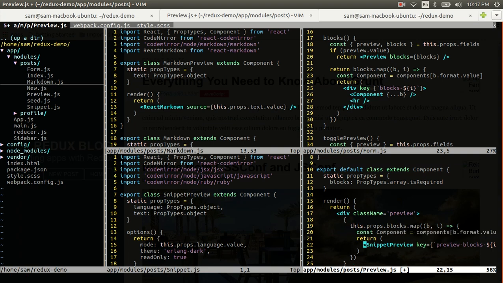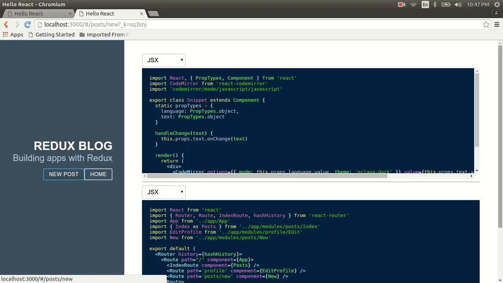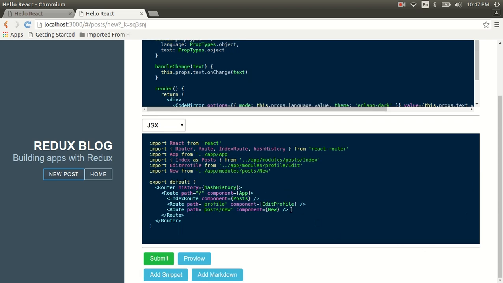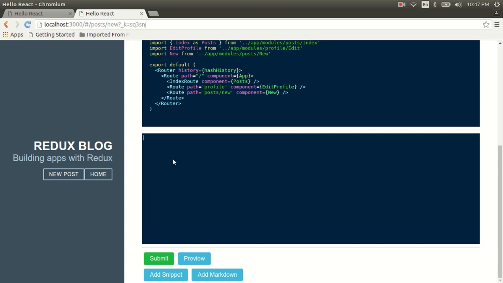And instead of rendering a snippet preview, we'll render a component. And that should be it. Let's make sure it didn't complain at all. Everything looks good so far, so let's try adding some Markdown and see if the preview works correctly. Click Preview,